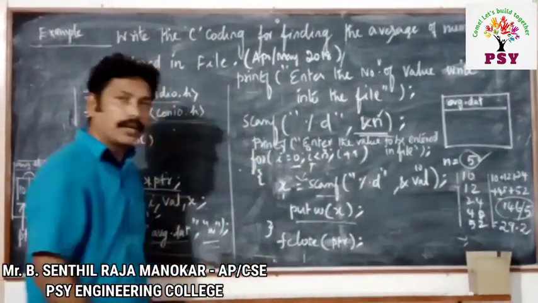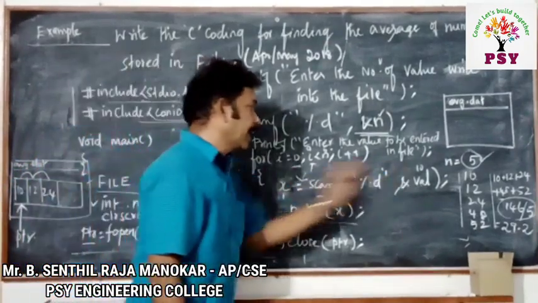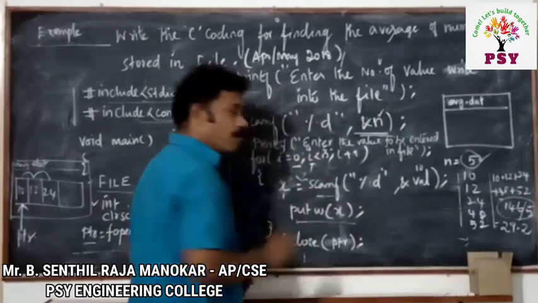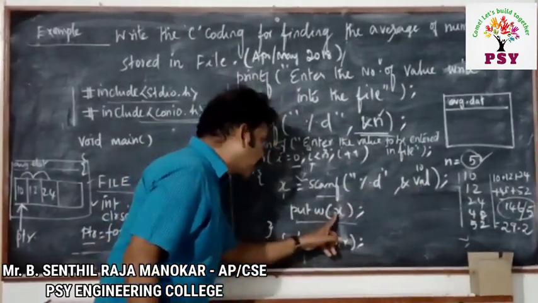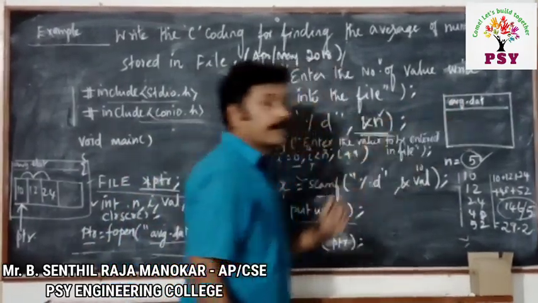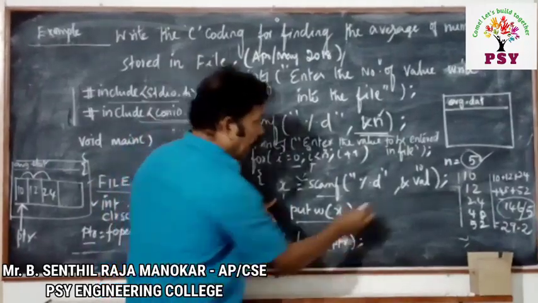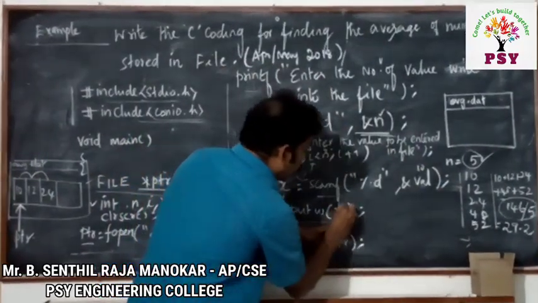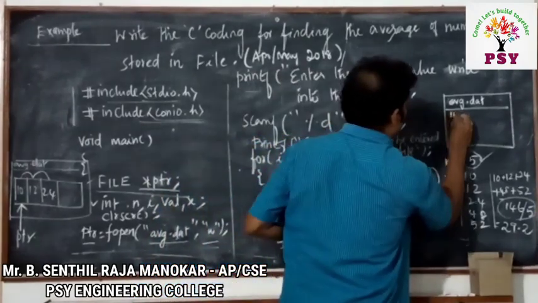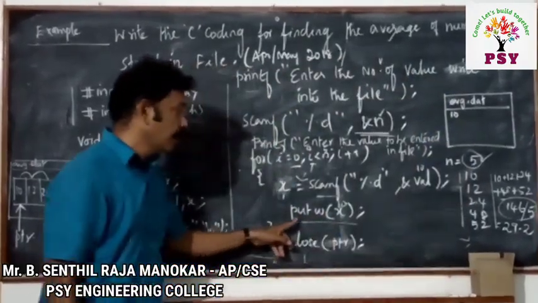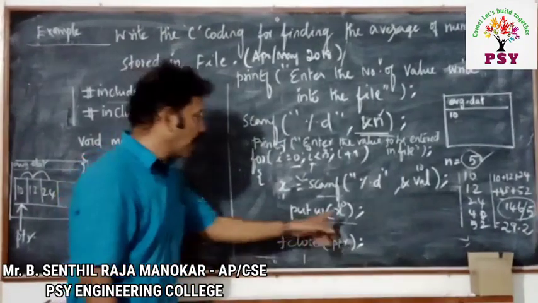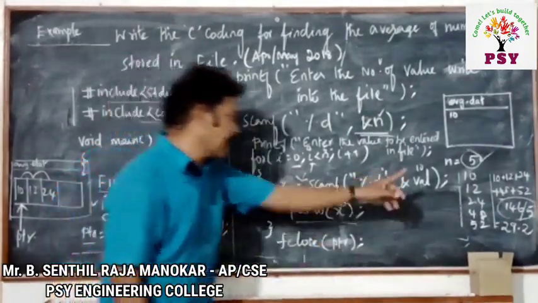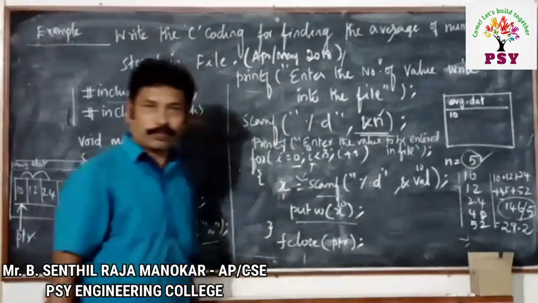This way is also good because we don't want to get confused. But alternatively, we can directly write the value here. Whatever value we are getting, that value we are going to store into the file. So first I will have a value of 10. 10 will be in x, so x will hold the value of 10. That is going to be written over here through the function putw. Because the value is an integer, I must use the function putw. If it is a character, I must use putc.